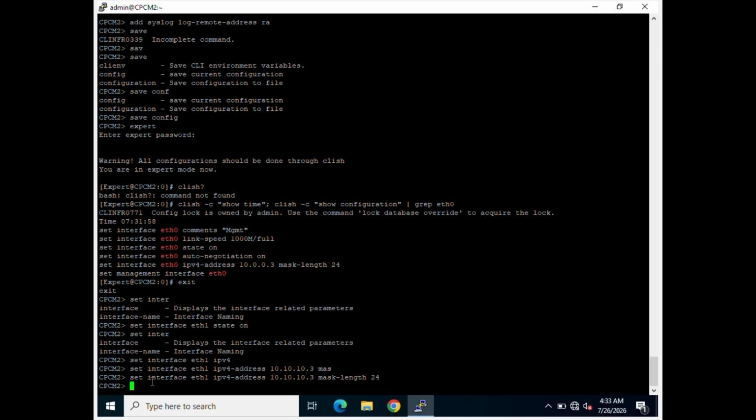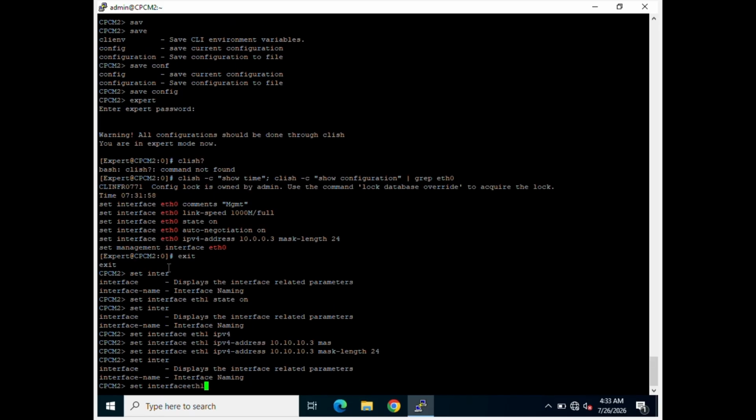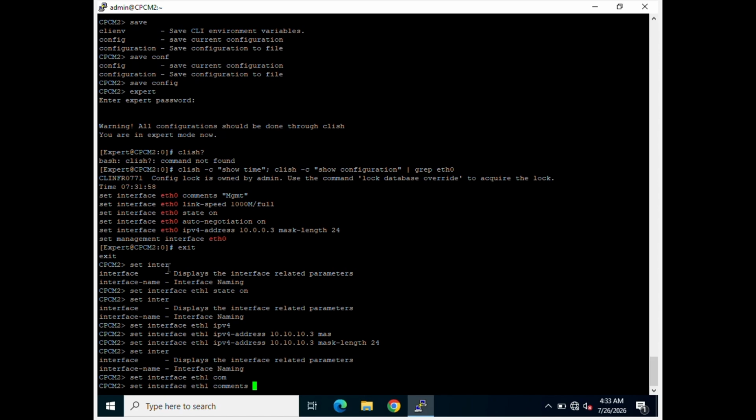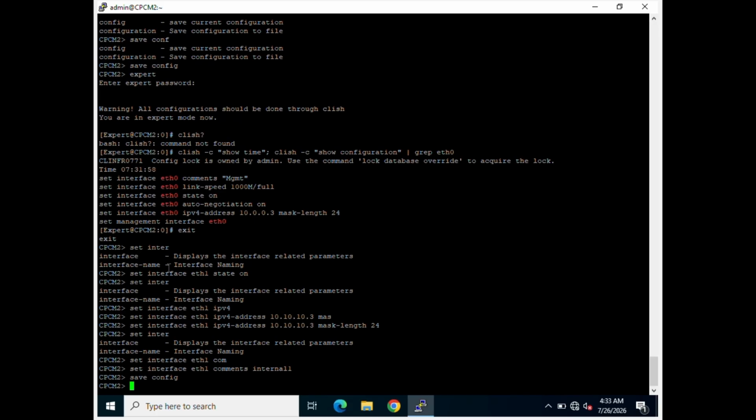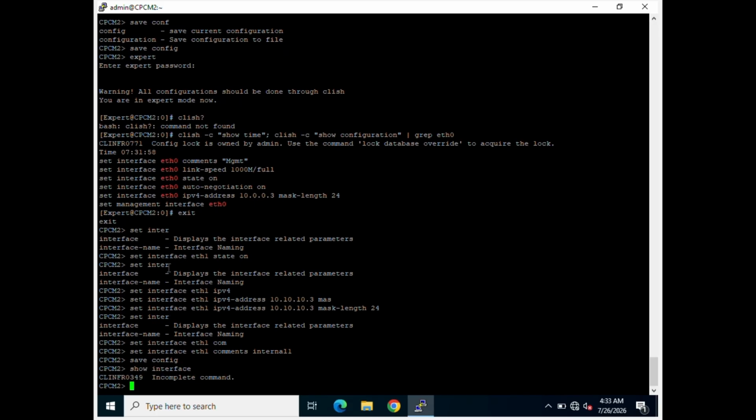Now, if I want to put comments, like which interface it is, whether it is an internal interface or external interface, that also I can put. So set interface eth1, and the command is comments, and I can put something like internal one, and the configuration will be done. Save config. And if I want to see, show interfaces,